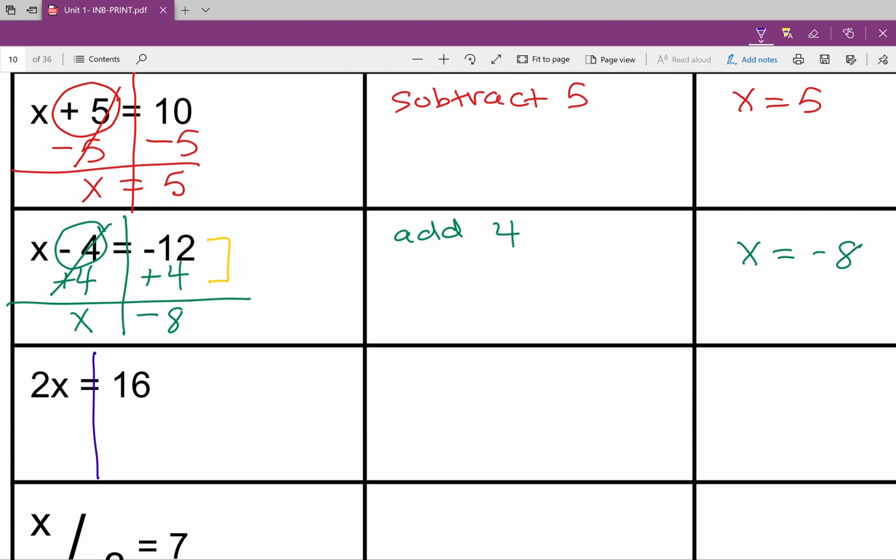We have 2x, which is the same as 2 times x, is equal to 16. So what's the opposite of multiplication? Division. So these will cancel, and we're just left with x equals 16 divided by 2, which is 8. So we are going to divide by 2 to get x equals 8. Okay, and the last example,